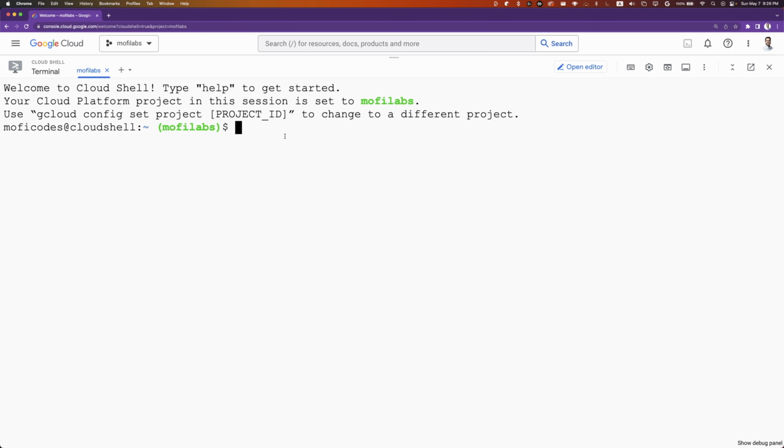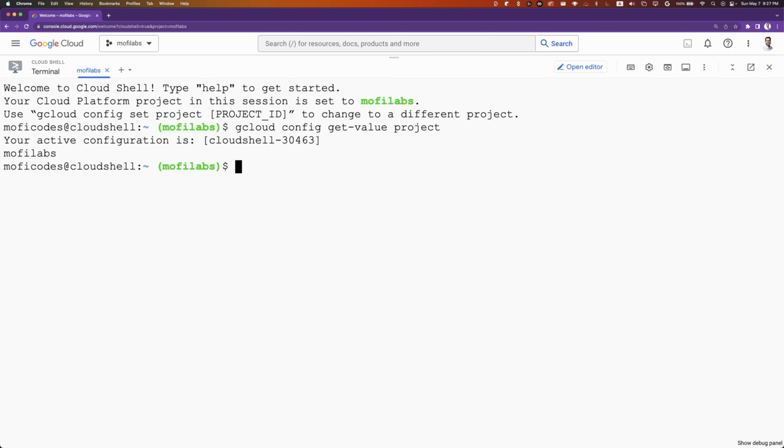In your Cloud Shell, try to get the current active project by gcloud config get value project. If you see no active project, you can activate a project by gcloud config set core project and set your